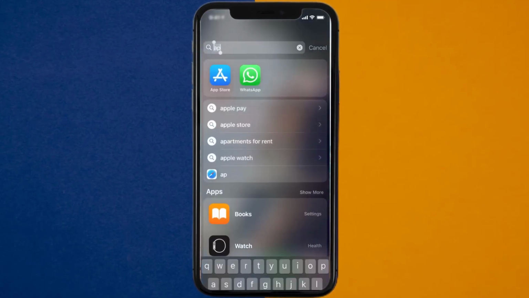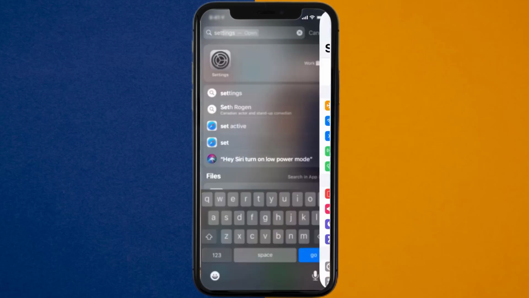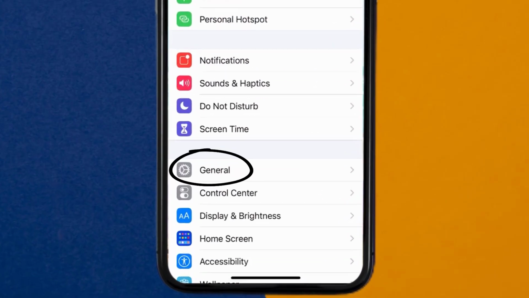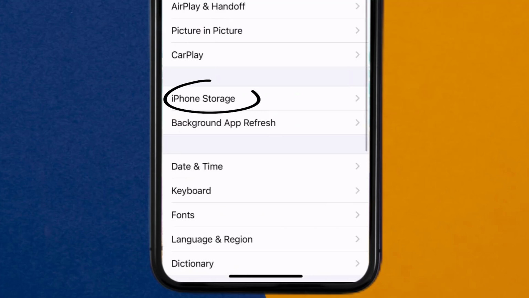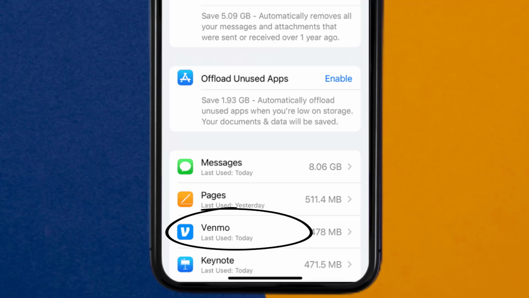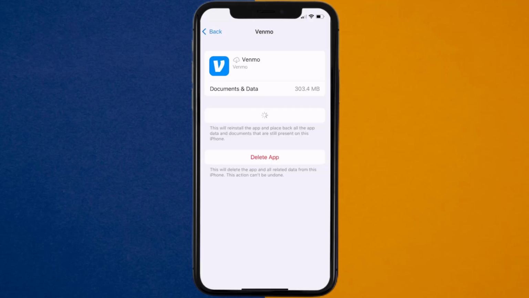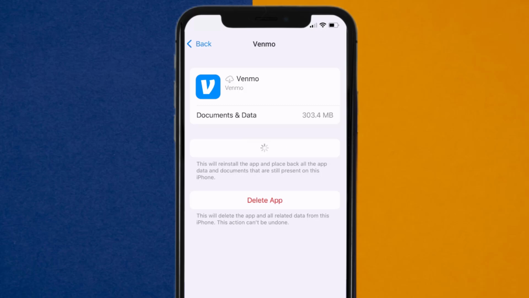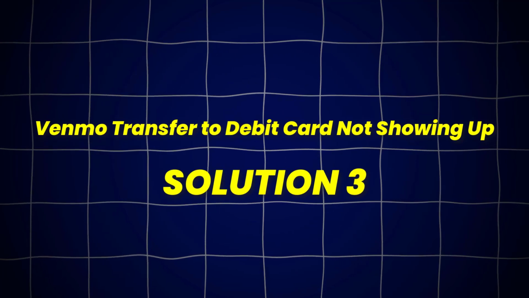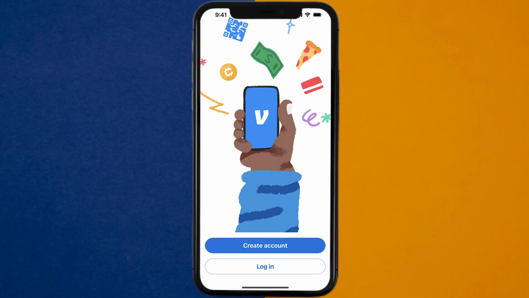clear App Cache. Go to your device settings and then scroll all the way down to General and tap on it. Then tap on iPhone storage. From here, search for the Venmo app and then tap on it. Once you're on this screen, you need to tap on Offload app. Tap again to confirm. It'll take a bit for processing, and then a reinstall button will show up. Simply tap on it to reinstall the app. This should fix Venmo transfer to debit card option not showing up, but if it doesn't, then open up the